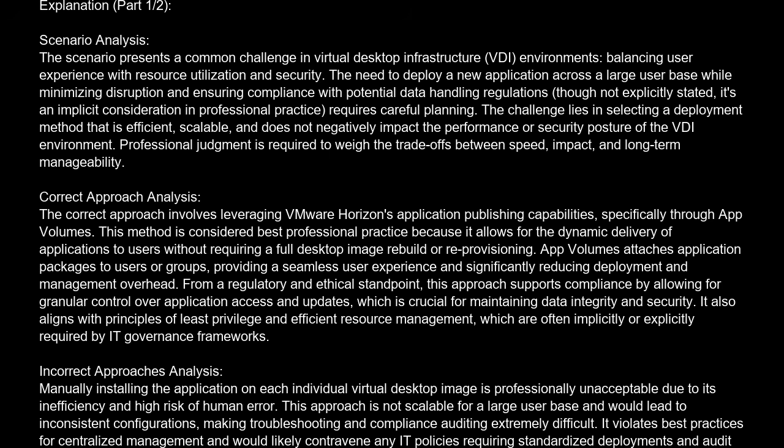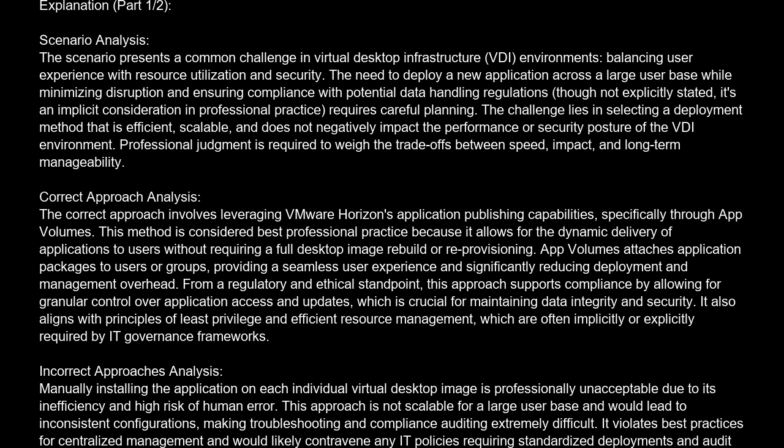Correct approach analysis. The correct approach involves leveraging VMware Horizon's application publishing capabilities, specifically through App Volumes. This method is considered best professional practice because it allows for the dynamic delivery of applications to users without requiring a full desktop image rebuild or reprovisioning. App Volumes attaches application packages to users or groups, providing a seamless user experience and significantly reducing deployment and management